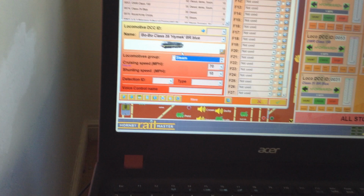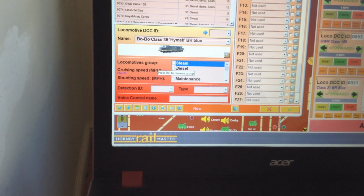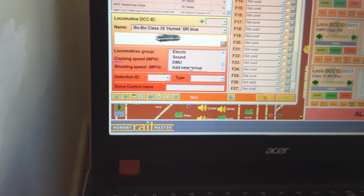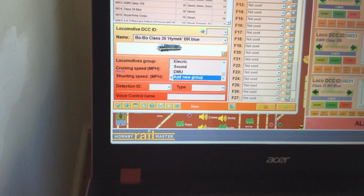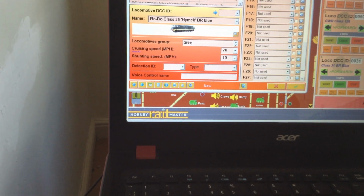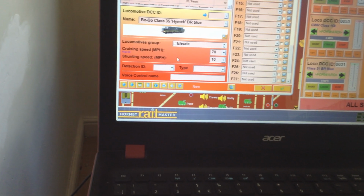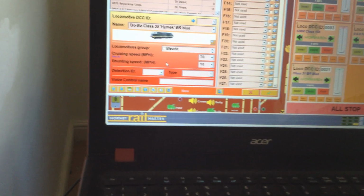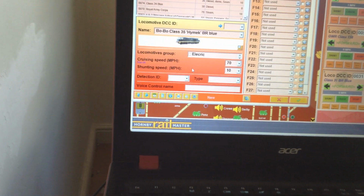Now, another one with this thing here is, see this bit here? Normally what you'll get with this is add a new group, right? So what I'm going to do there is put a name in, and then you can put what you want. I put in shunters, I put in steam, I put in diesels, I put in all sorts. I've got DMUs in there, but you can make your own little groups up. So that's electric, right? If you then click the enter button on your keyboard,